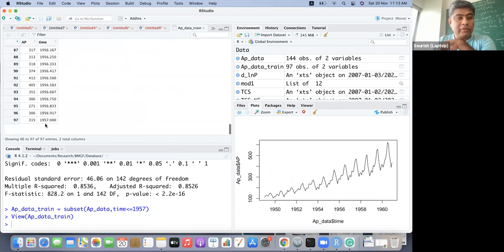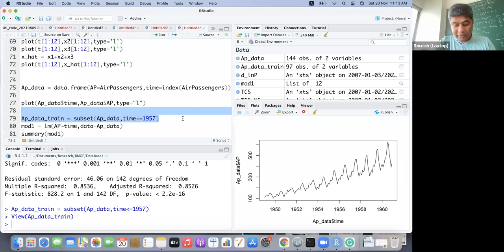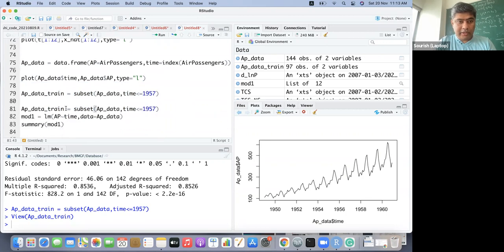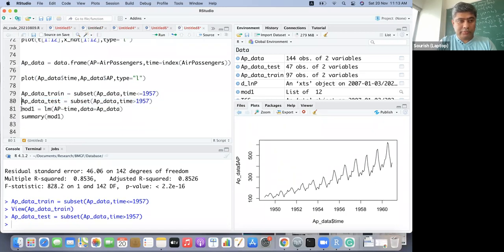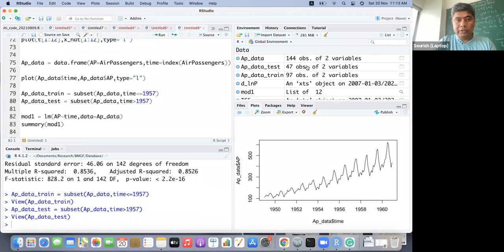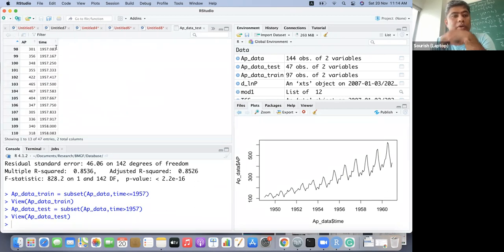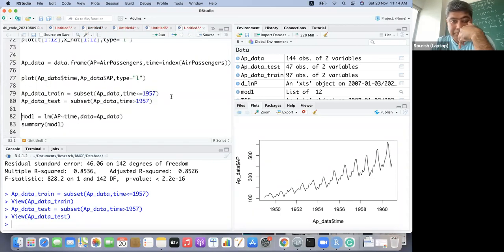See, up to 1957, it has gone into train, and we keep the rest of it as test. So from 1957 February onwards, all data goes into the test. We can just do it in this way.